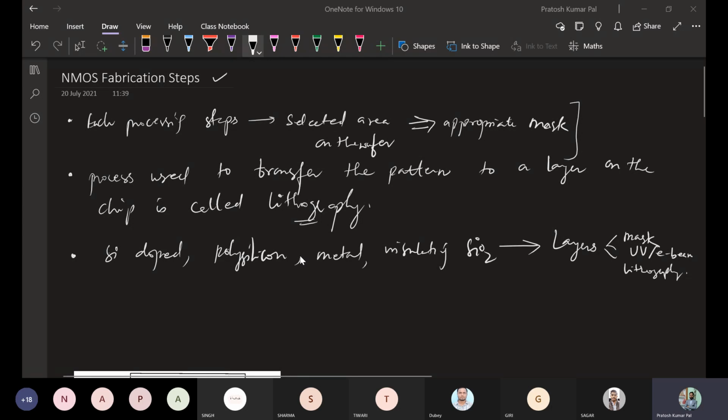In case of BJTs also, we have seen the last figure that we have grown. In each step, we have used some type of mask and some type of lithography. Similar to this, if we are going to have a different layer formation, we will be using some mask and some lithography steps in case of NMOS fabrication also.